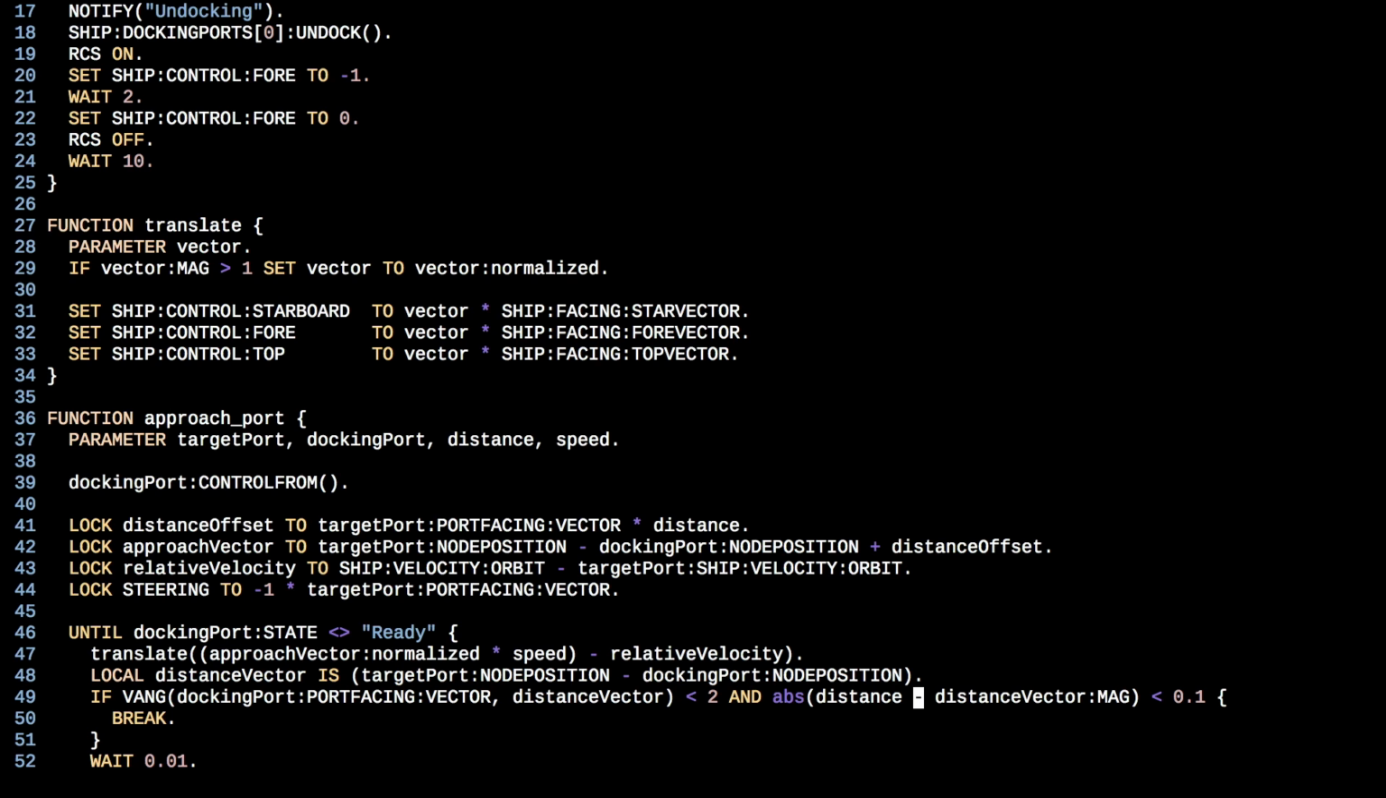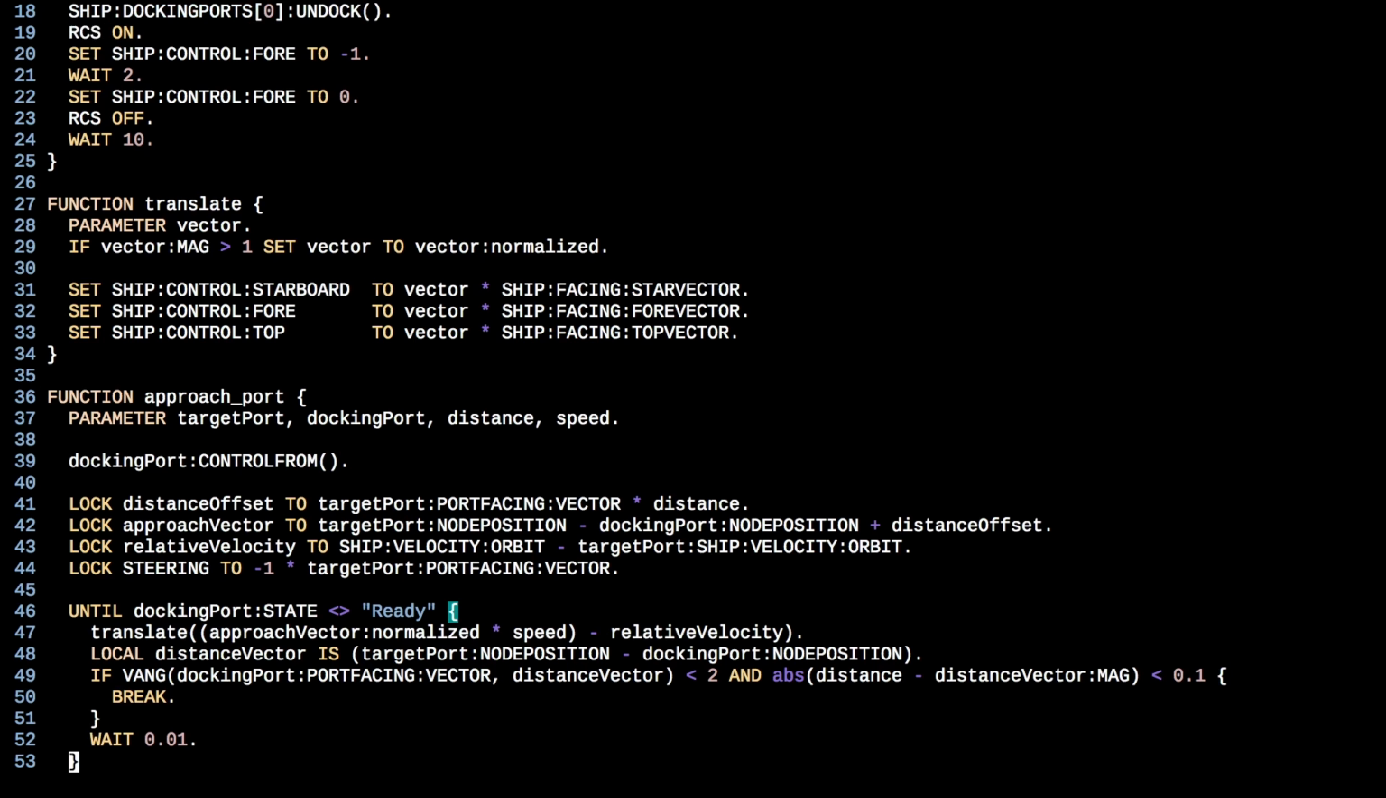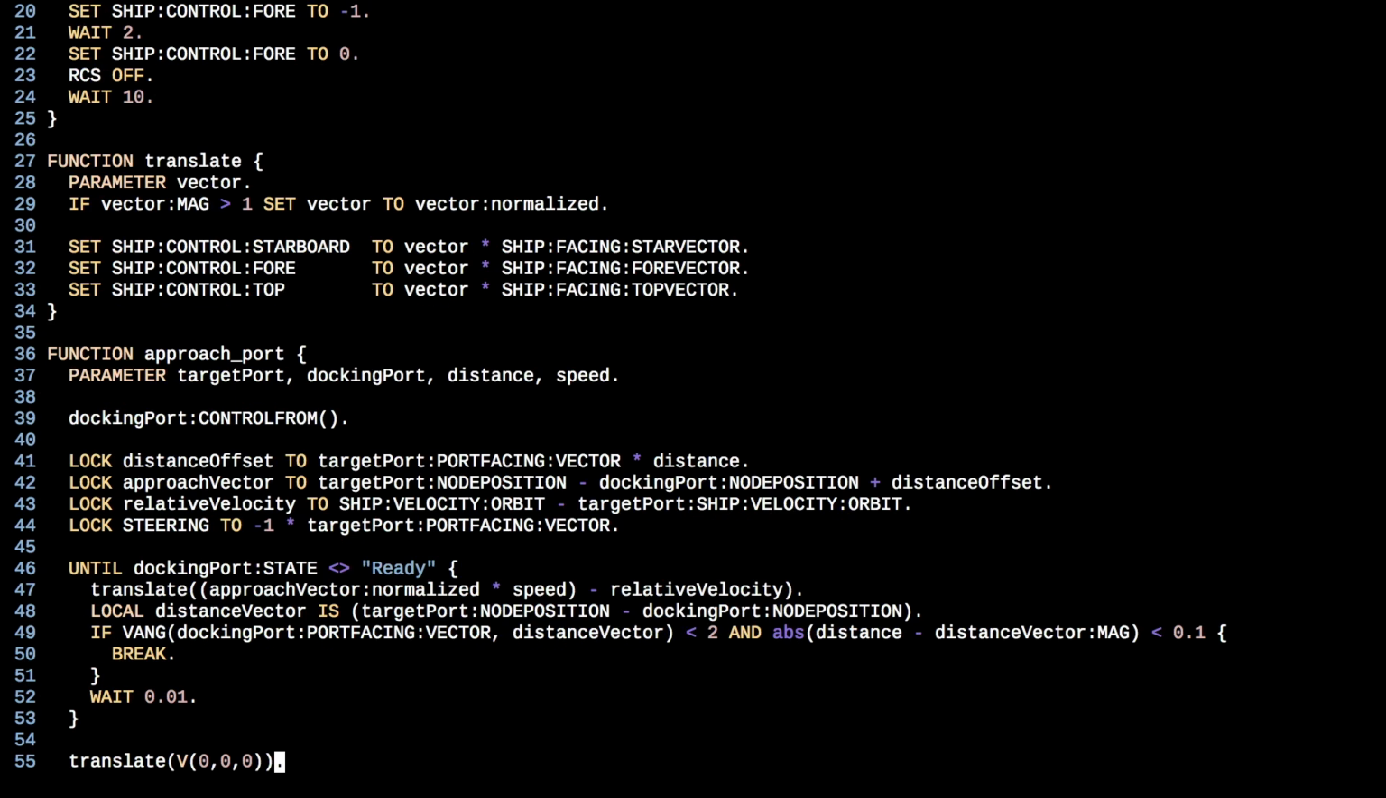Once the distance and the distance vector's magnitude are very close to each other, less than 0.1, then we know, all right, not only are we aligned, but we're also at approximately the right distance. Then we can go ahead and break out of the loop as well. And then we're just going to wait 0.01 in here so that we can continue to do this translate stuff. And then just to clean up, we're going to translate to 0,0,0 to make sure that we turn off